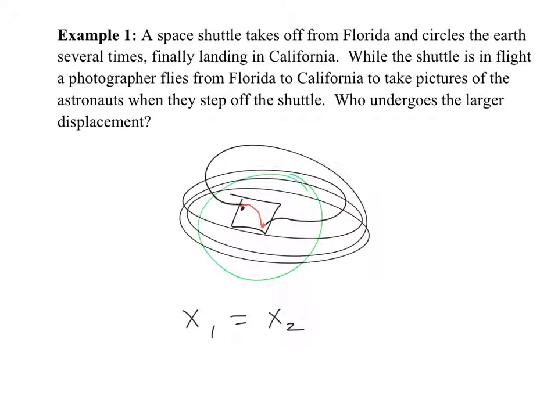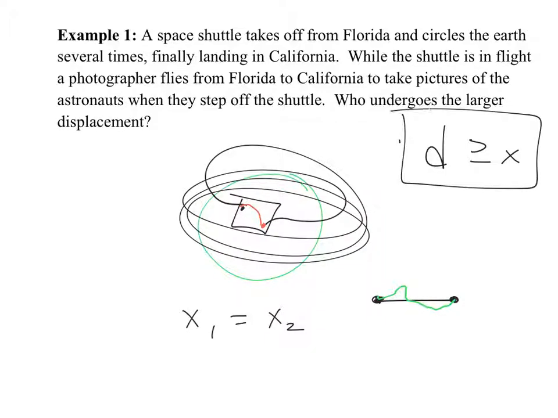Straight line. So if you go back to the previous slide, if I go from there to there, the distance traveled is the same as the displacement, because the distance is the path taken, which is indeed the displacement. So most of the time, the distance will be greater than the displacement because you might take a path like this. Remember we talked about this? You take an odd-looking path instead. So we can say the following, and maybe jot this down. Distance is greater than or equal to displacement. It's a really interesting fact to recognize. The distance traveled could be greater than the displacement, or it could be equal if you travel directly there. But it's never going to be the reverse of that.